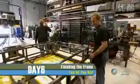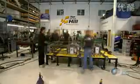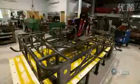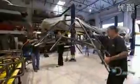With the legs in the oven, it's almost time for Terry's chassis to come home. With the base fully formed, there's just one more step before Terry can take his metal masterpiece back to the island. Right axle center line. What is left right now is to get the roll cage, which has already been fabricated,